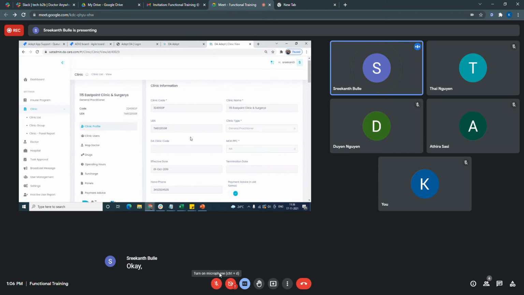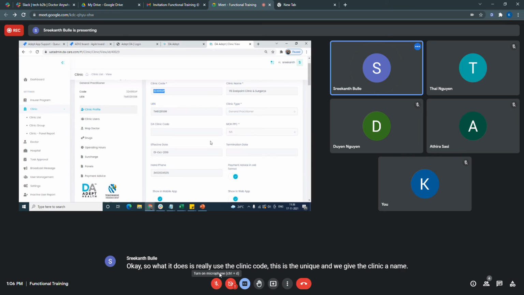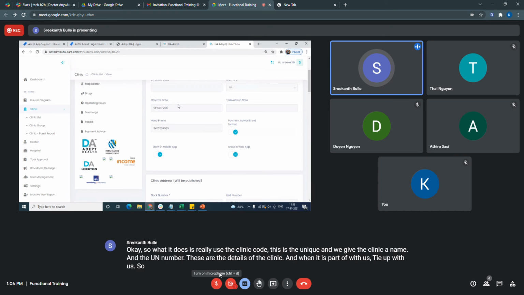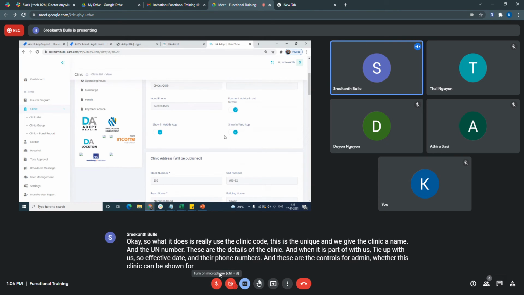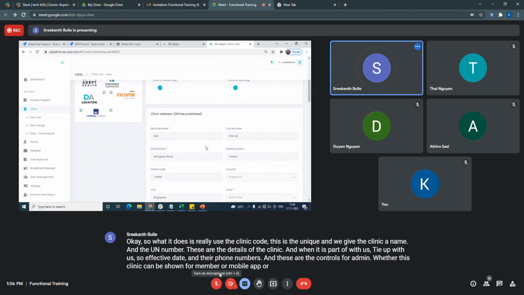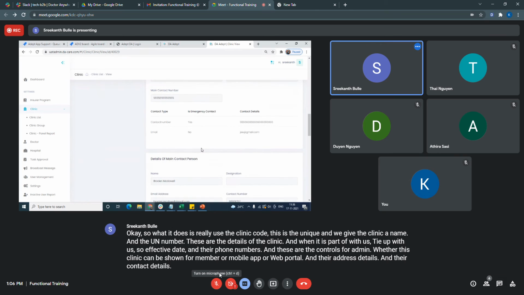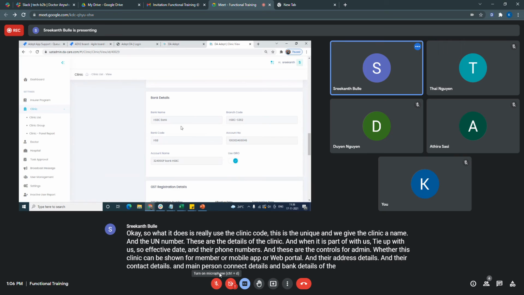Okay, so what it does is we'll use the clinic code. This is unique, and we give the clinic a name and the UEN number. These are the details of the clinic, and when it is part of, tied up with us, the effective date and their phone numbers, and these are the controls for admin, whether this clinic can be shown for member, mobile app or web portal, and their address details and contact details, and main person contact details and bank details of the clinic.